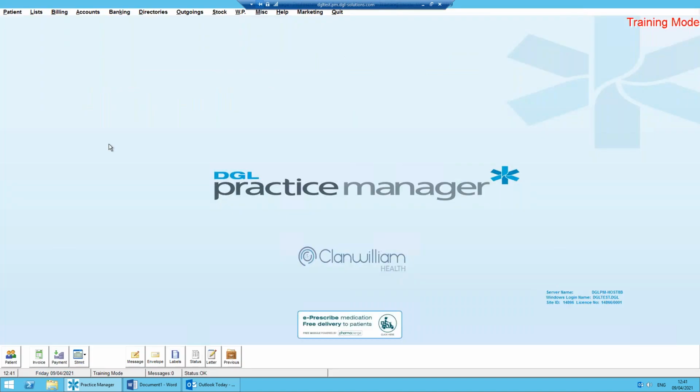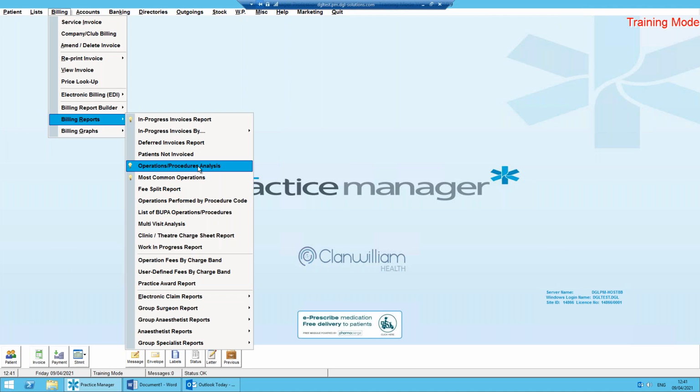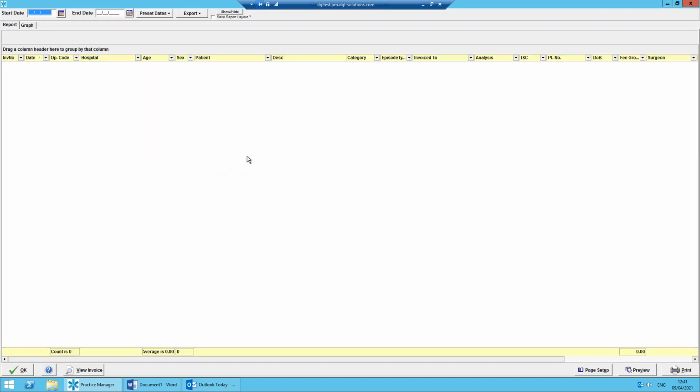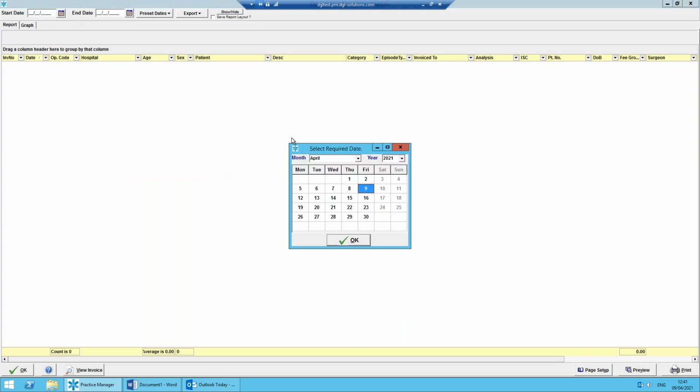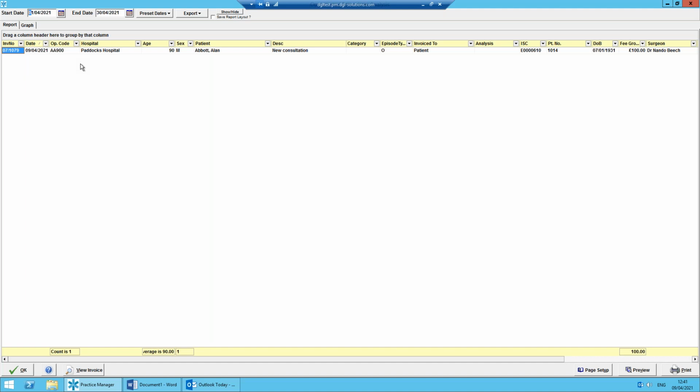So I click OK out of that. Again, there's various other billing reports options here. If we go to operations procedures analysis report, this is more in depth than the most common operations report. If I click into this, again, I can put my start and end dates at the top here. If I click on the calendar this time, I'll say 1st of April to the 30th of April, sorry. So there's only one theatre appointment showing for that date range, and it's showing you more